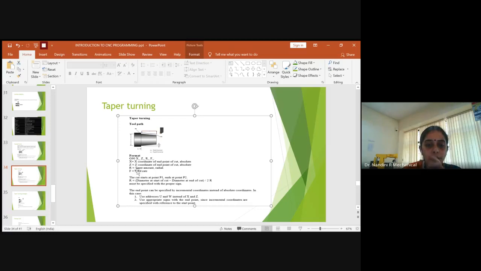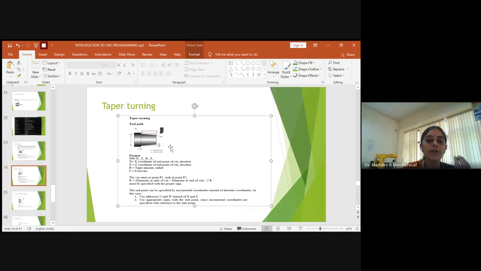Okay, so for taper turning, what you have to give is G90 as the common code, and you have to provide the X coordinate and the Z coordinate, and R will be the taper amount. What is the radial amount of the material to be scrapped out to get the required taper angle? To calculate a taper angle, you know the formula.